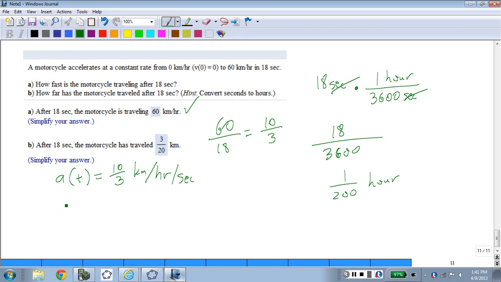So v of t. This might be a good time to stop. The computer is suggesting